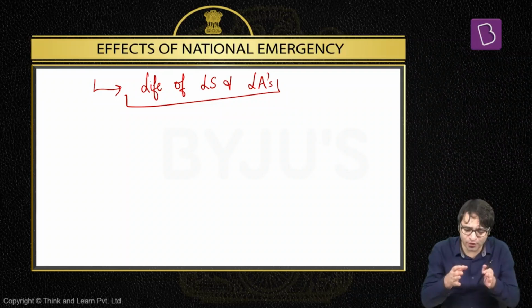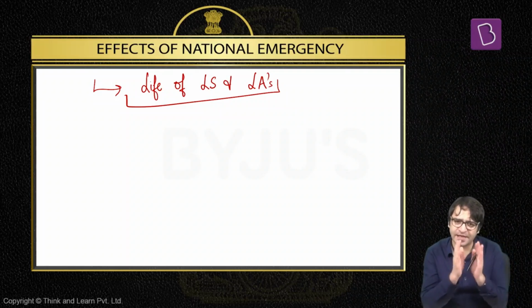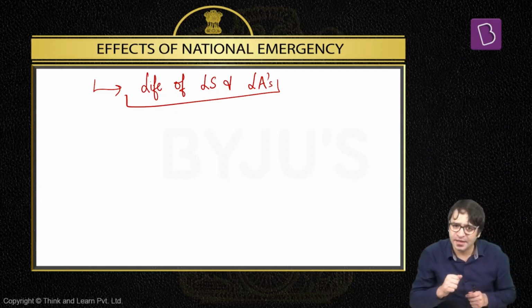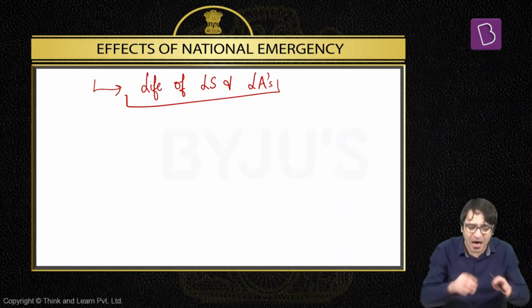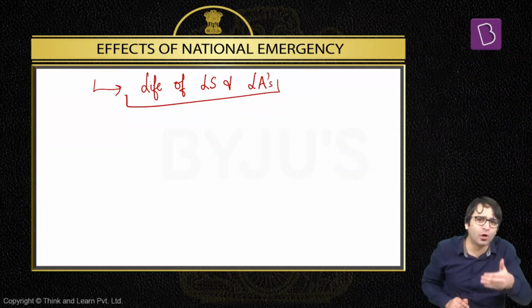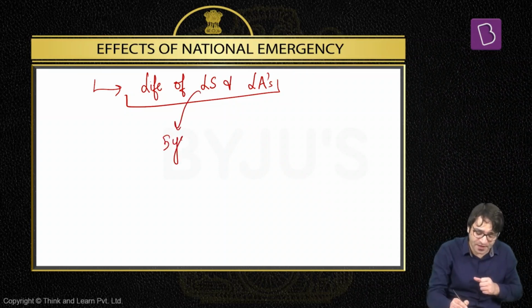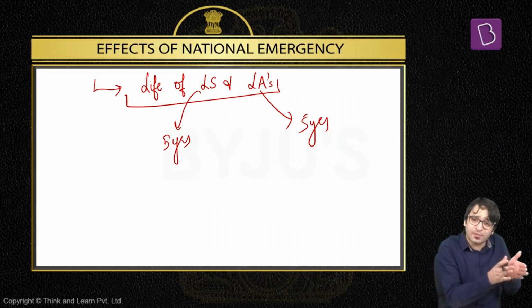That means during national emergency, we have to ensure that the entire attention is on how can we win this war. Entire attention should be on how can we defeat this external aggression. The entire attention should be on how can we defeat this armed rebellion. How can we nip the evil in the bud? That means during national emergency, it may not be possible to hold an election as well. When it is not possible to hold an election, but the term of Lok Sabha is 5 years, the term of legislative assembly is 5 years, so there is no possibility of holding an election as well.